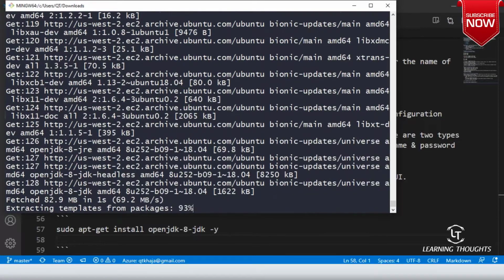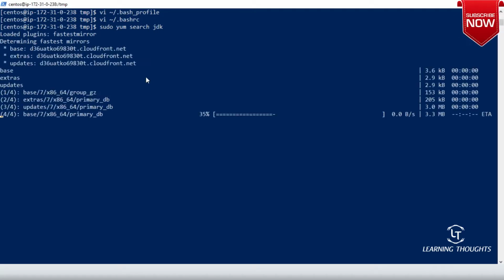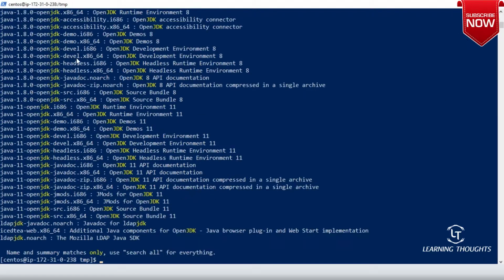So Java is getting installed. Let me try to install Java over here also, but I don't remember the command, so let me execute a search command. We will be learning package management, so don't worry about these commands I'm typing right now. JDK.